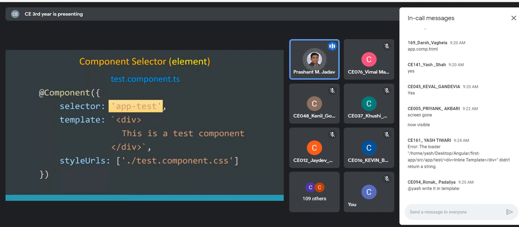This backtick character will work in the template within the component file. Not in templateUrl. In templateUrl, we are referring to the external file. But when you are using the template keyword, we are referring to the inline template.